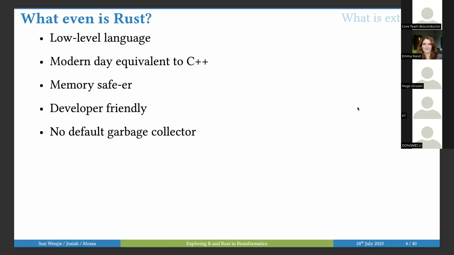And one of the other things that we want to mention is that there's no default garbage collector. So languages like R and Go and others have a garbage collector, which keeps track of objects as they accumulate in memory and releases them when they're not needed. Rust doesn't have that. So you're only using the things that are actually available or need to be used at any one time. It's referred to as the borrow checker sometimes. It can cause a lot of pain for some people as they start, but you learn to love it.